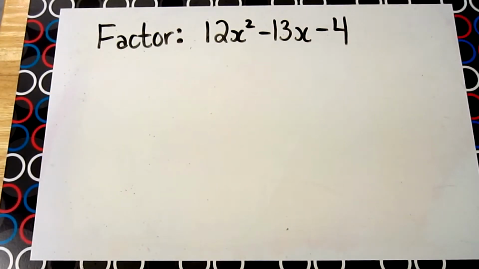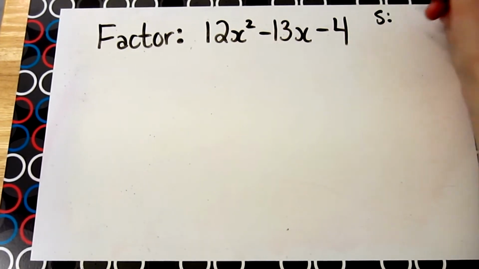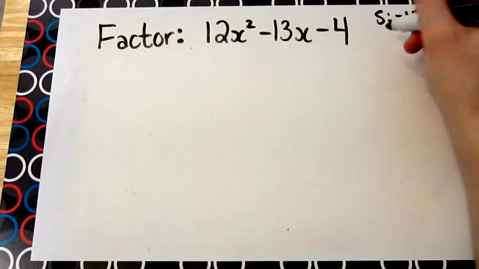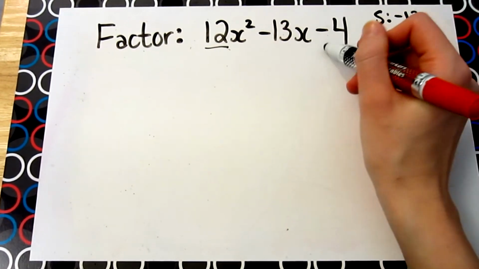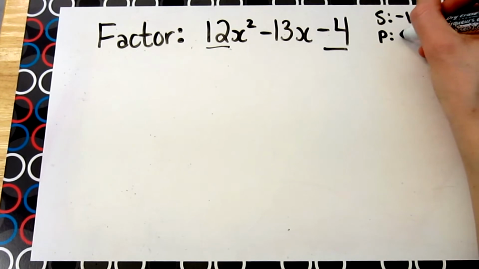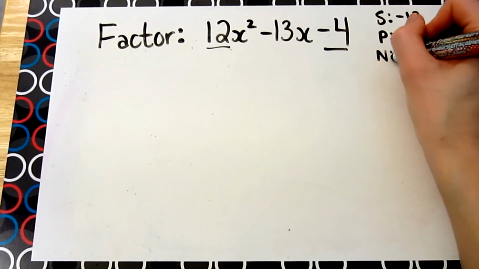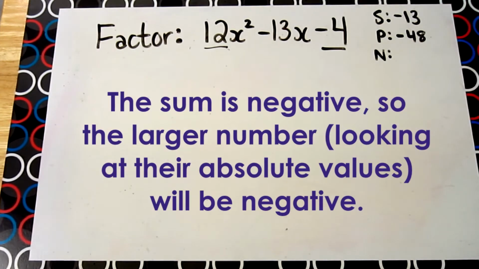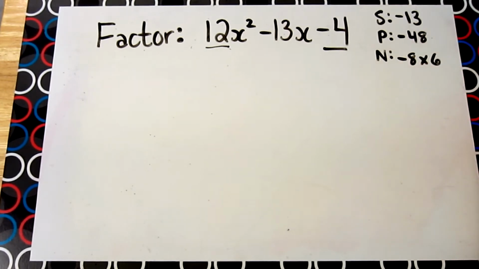Looking at this second example, we'll start the same way. So we'll look at the sum being negative 13. The product is, remember, 12 times negative 4, which is negative 48. So thinking of some numbers that multiply to give you negative 48, ultimately we're looking for one negative number and one positive number, with the negative number being the larger of the two. So we can start with negative 8 times 6,